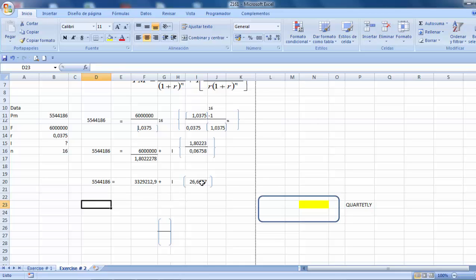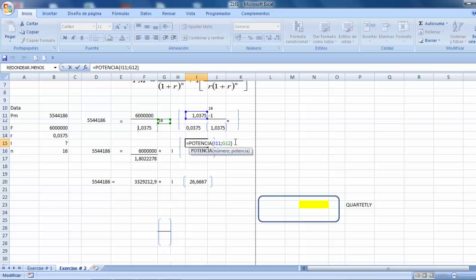Oh, sorry, I forgot to subtract 1 in this part. So we continue resolving the